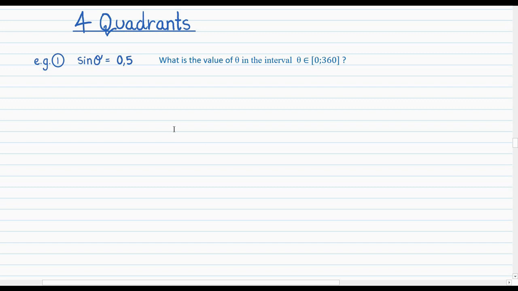Then to solve for theta, you just take the sine to the other side and say sine inverse of 0.5. And this gives you a value of 30 degrees. And is this the final answer? No, because if you were to plot the graph of sine theta and see which theta values give 0.5,